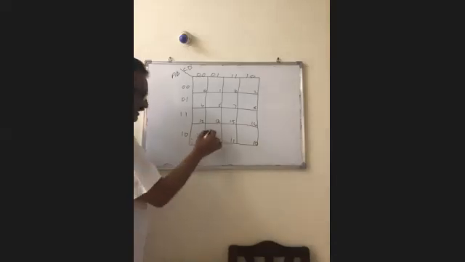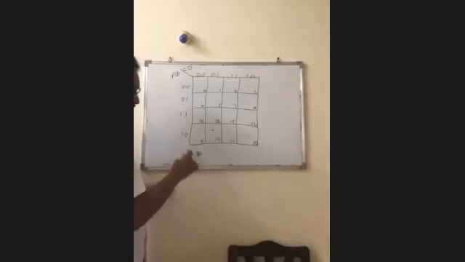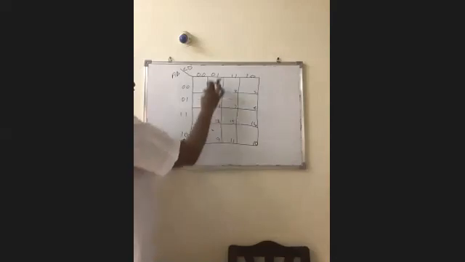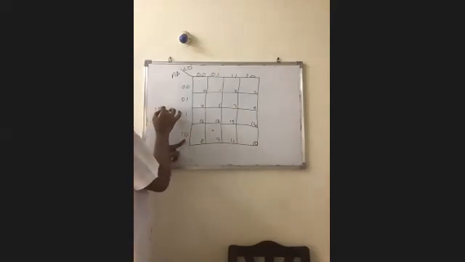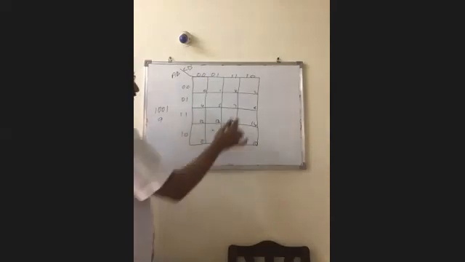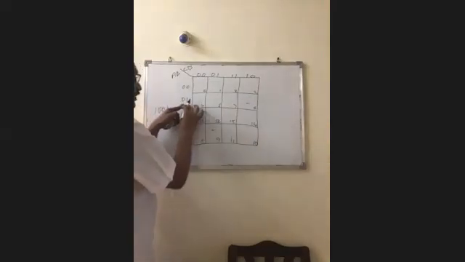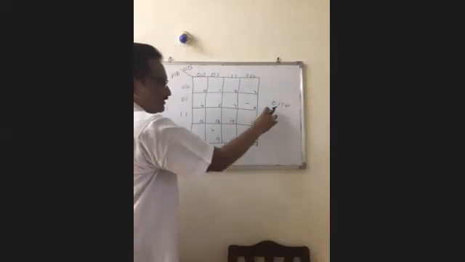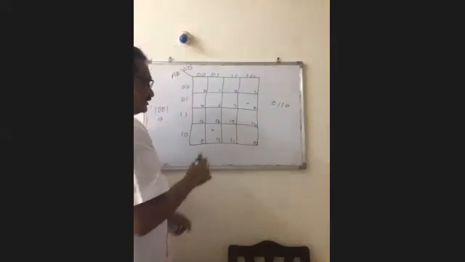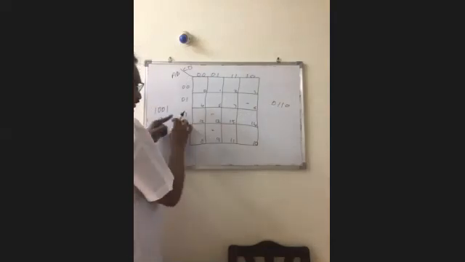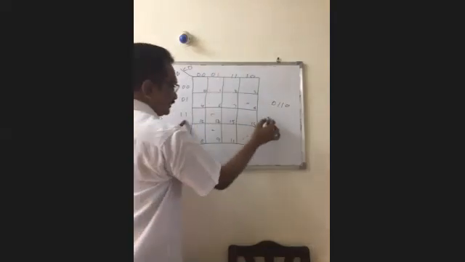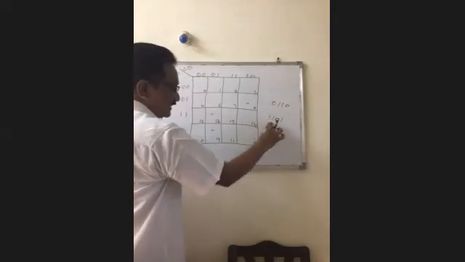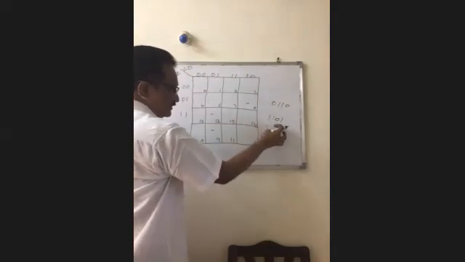First observe why it is 9: 1, 0, 0, 1. What is the decimal equivalent for that one? 9. For this one, 0, 1, 1, 0. What is the decimal equivalent? 6. For this one, 1, 1, 0, 1. What is the decimal equivalent? 8 plus 4 plus 1, 13.